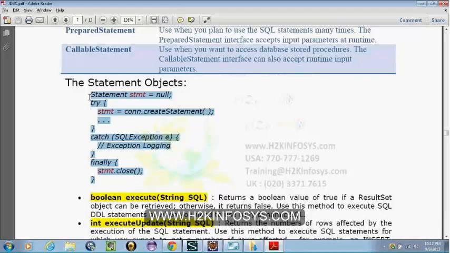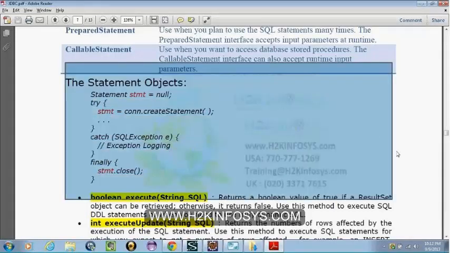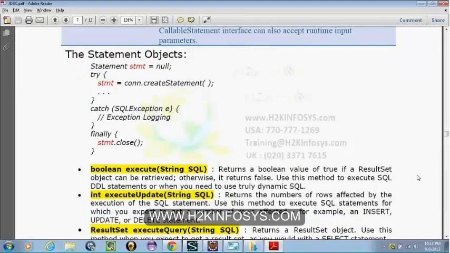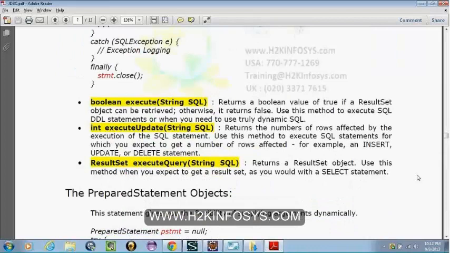If you want to execute an update or an insert and see the number of rows affected, say I insert 2 rows, it gives me 2. If I update or delete 2 rows, the number of rows affected by the SQL execution is returned from the executeUpdate method.